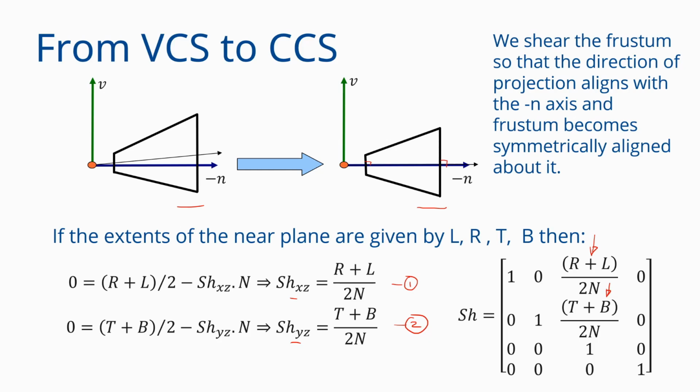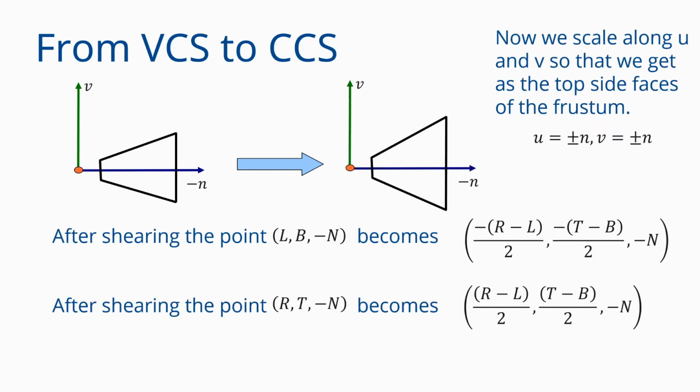So this was the first step. Then what do we want to do? Now, the next regularization step that we want to do is that we want to take the side planes of the view frustum and convert them to planes such that they go to the planes v equal to plus minus n and u equal to plus minus n. Okay, so only the v planes are visible on this diagram, but in general you want to transform the side planes to those particular planes.